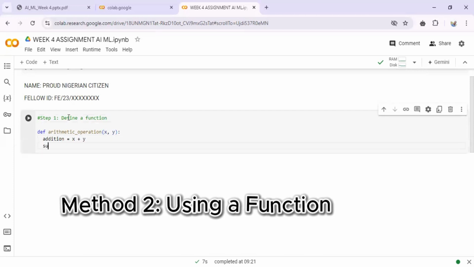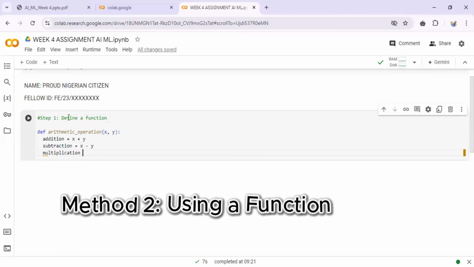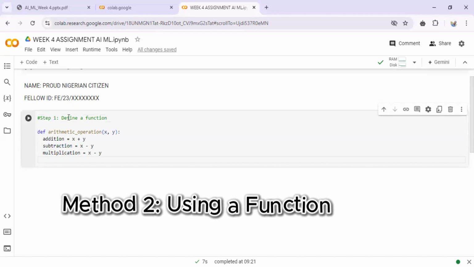We're also going to have subtraction, which is equal to x minus y. We're also going to do multiplication, which is equal to x minus y. And for the division, we're going to do the same thing we did in our first step. Let me just do it this way. I'm just going to say division is equal to x divided by y if